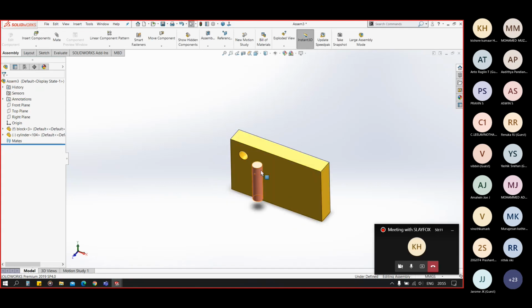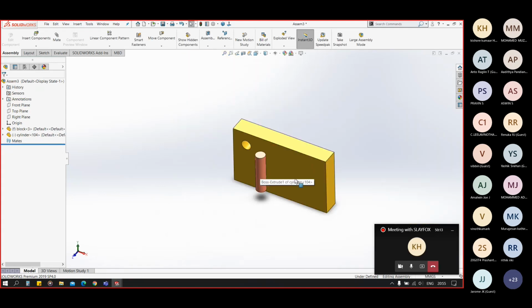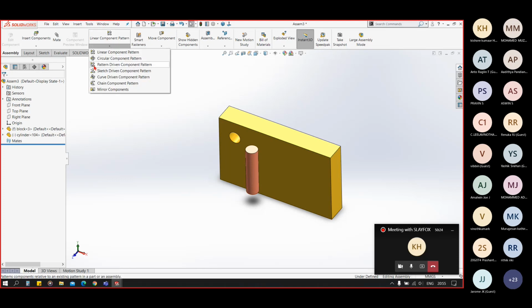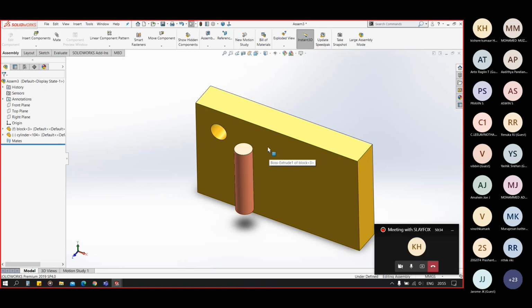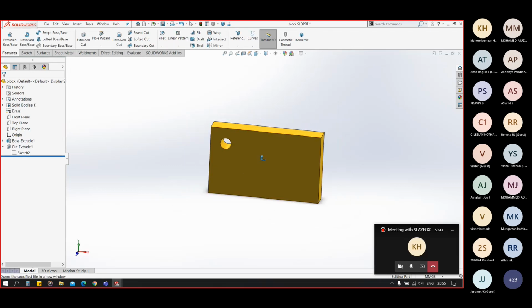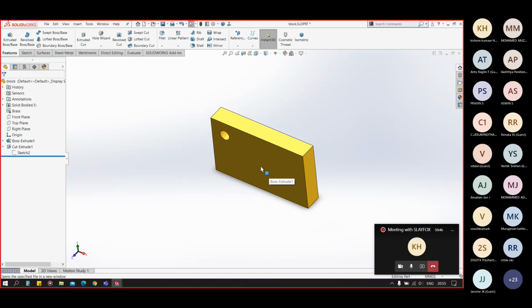Now you can see I have my yellow block with the hole, and also my cylindrical block. Now we will be seeing the pattern driven component pattern. For this, you must have a pattern in your parent parts or in your parts in the assembly. So let's create a pattern in this block in the part file only.